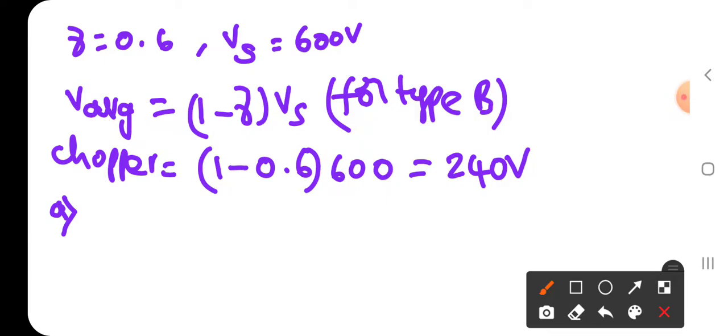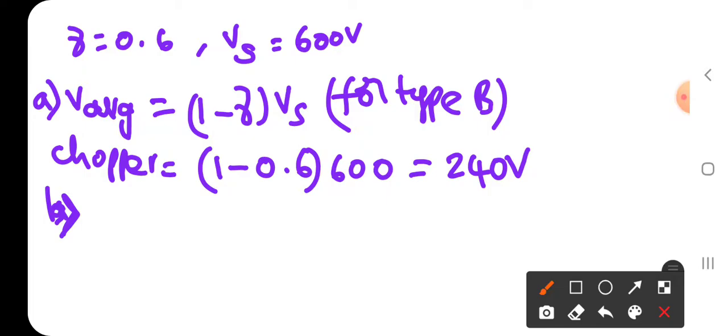So, for 0.4 T, that is when the chopper is off. The chopper is on for 0.6 T, but off for 0.4 T. That means the average power fed back to the DC source is given by,